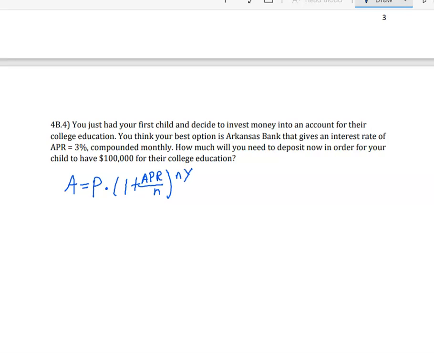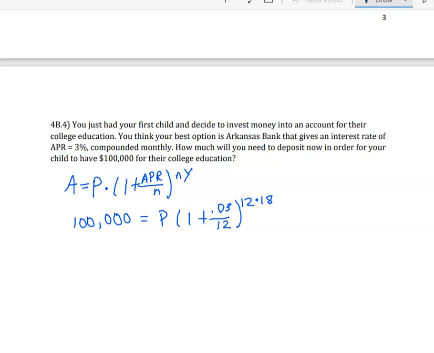Okay, so they told you this is what the answer needs to be, $100,000. And they're asking you, well, the principal, what would you put in to get that? So this part would be 1 plus 0.03 over 12, and 0.03 came from the 3%. 3 divided by 100 was 0.03. That says we're compounding this monthly, so that's 12 times a year. And usually it is about 18 years before a child goes to college, so we're going to do this for 18